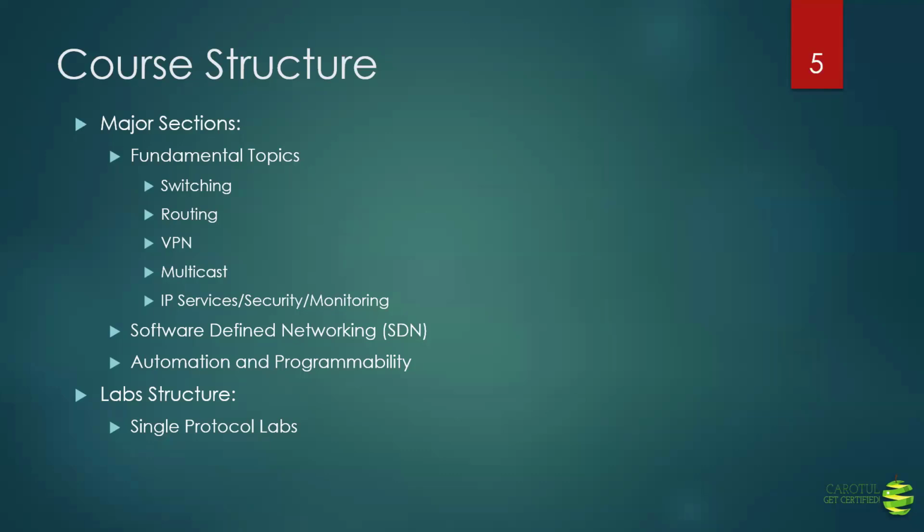But then, of course, after we are done with the core topics and single protocol labs, we will do multi-protocol labs as well, where we will use a bigger, different topology and configure multiple technologies at the same time. We will start with layer 2. On top of that, we will build layer 3. We will be configuring OSPF, EIGRP, IPv6, as well as DMVPN and MPLS. All technologies will be configured on the same topology. To give you an example of a multi-protocol lab,